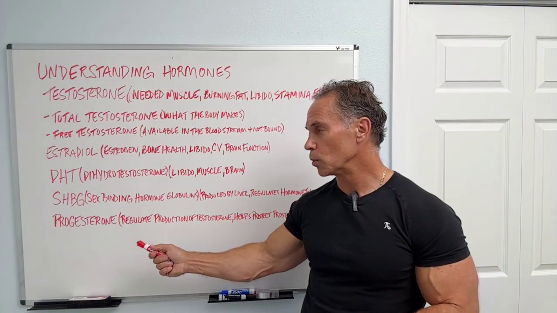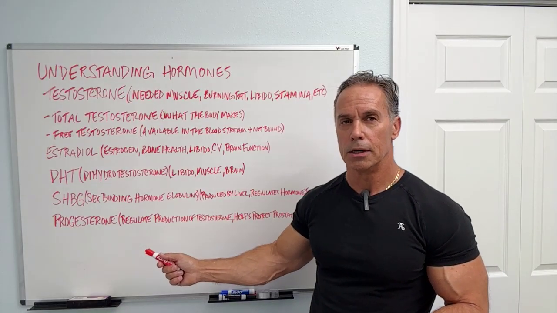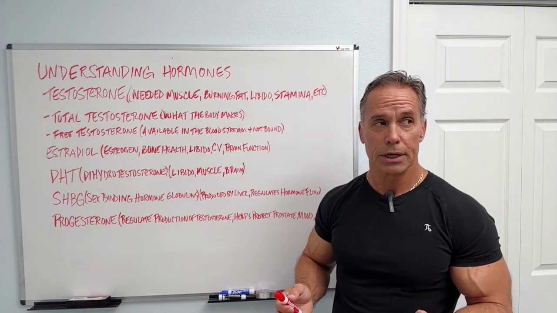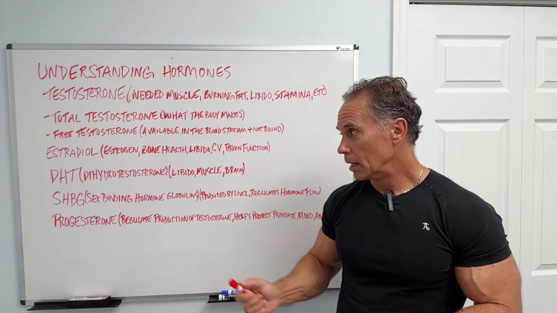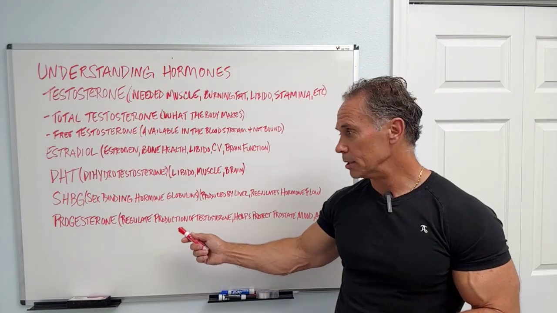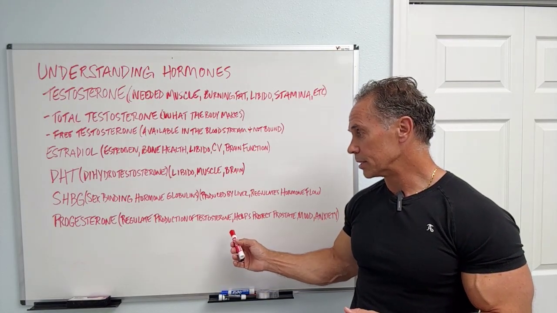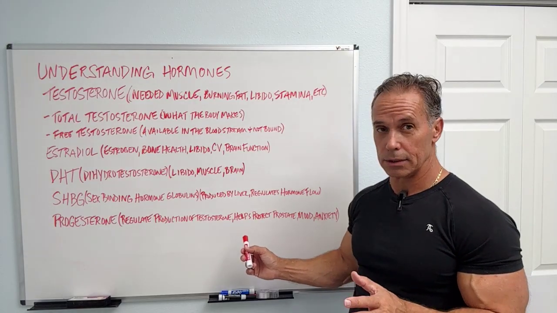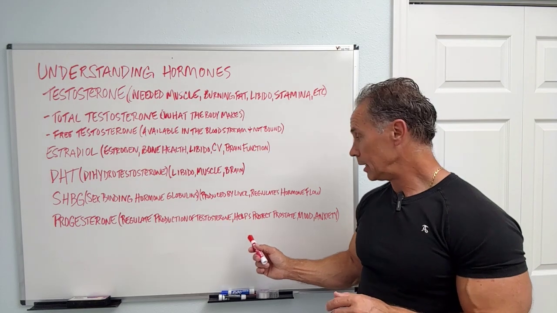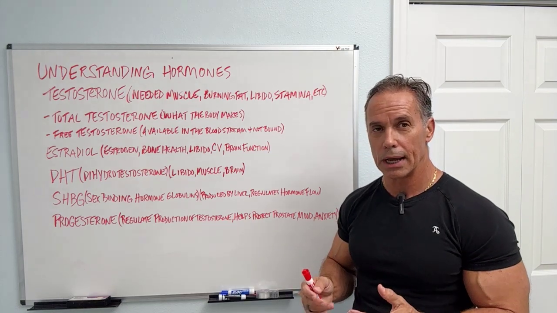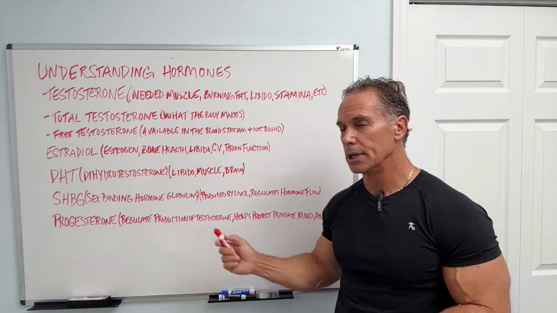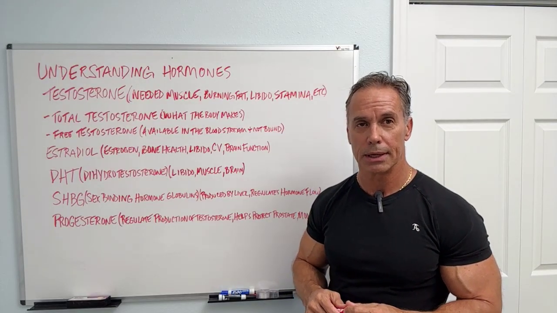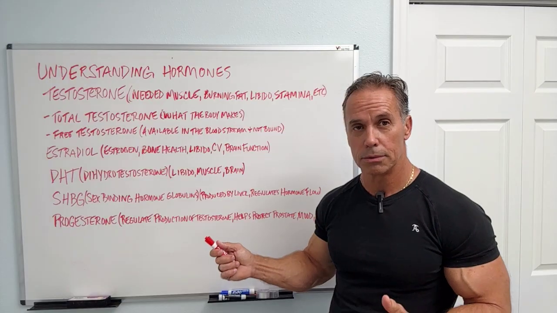And then the next one, which doesn't get discussed much, but you can always check it, is your progesterone level. Men do make progesterone, okay, just like women. And with progesterone, it's not much, but it regulates the production of testosterone. That helps with that. And then it also helps protect the prostate. So that's why you want to make sure you keep an eye on it. And then, it can help with mood and anxiety. So if you start having prostate issues, that's another thing you want to be checking on, is what is your progesterone level, to see what can be done about that, because that's going to be important to manage it.